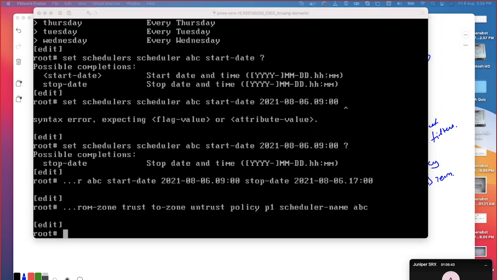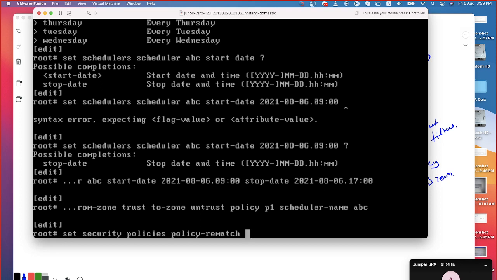There is one important keyword that you need to remember with respect to policies within your Juniper. It's called set security policies, policy rematch. Don't forget this statement. By default this is not enabled.